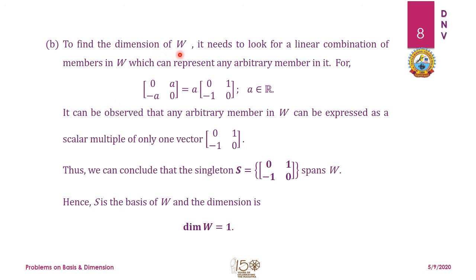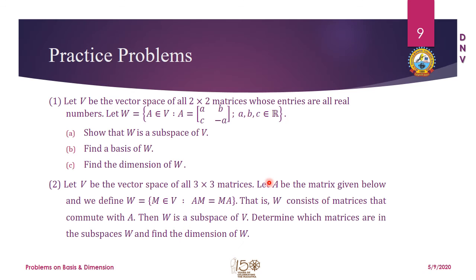the subspace W, because a single nonzero element is always linearly independent. There is no question of calling it dependent; it is always independent. So an independent spanning element in a set constitutes the basis for the subspace W, and hence we can say that the dimension of this set W is equal to 1 in this particular case.